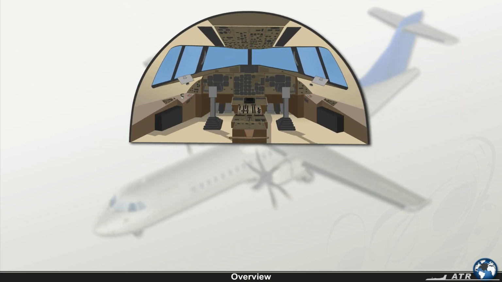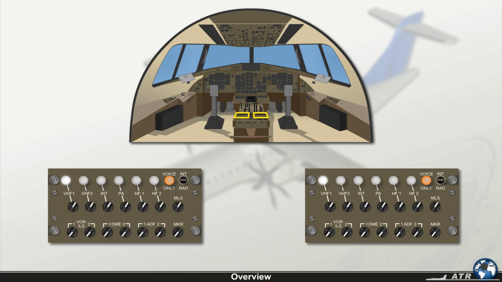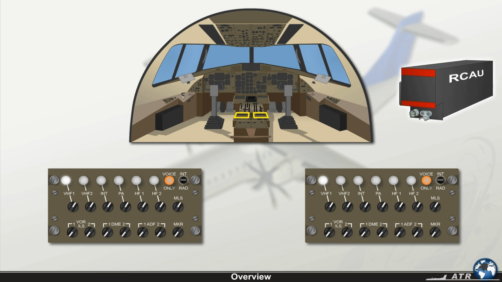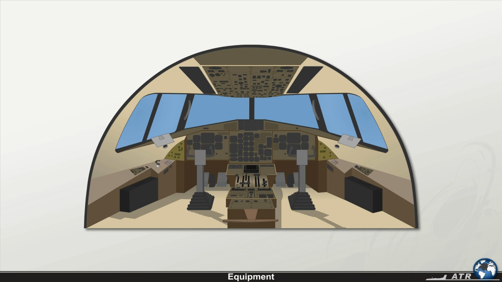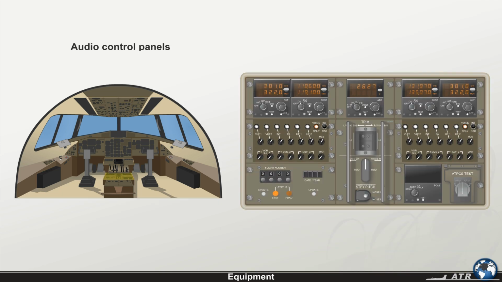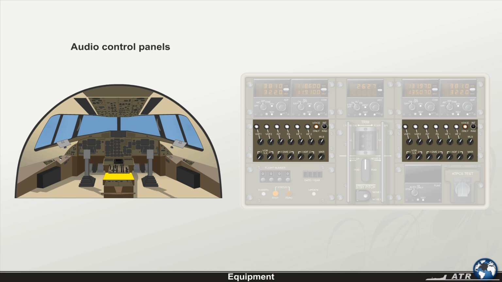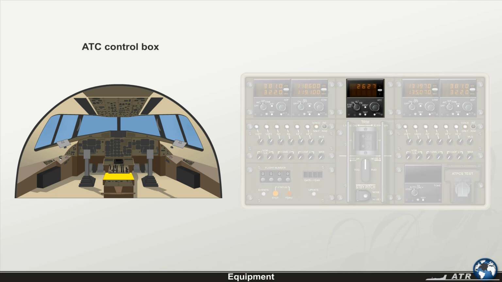The main components of the communication system are the crew audio control panels and the remote control audio unit, RCAU. The communication system has the following controls in the cockpit: 2 audio control panels located on the center pedestal, 2 VHF control boxes located on the center pedestal, 1 ATC control box located on the center pedestal,